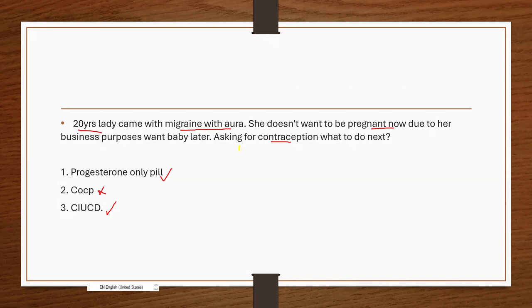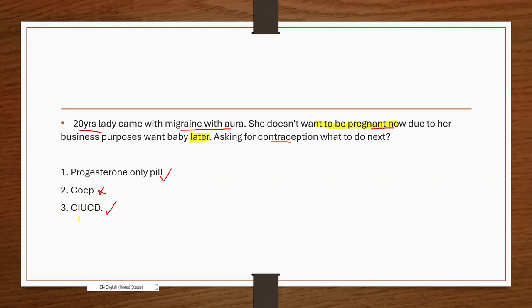So this question is lacking information. So you need the duration for which she doesn't want to be pregnant. This "later" will not imply how long, how much later. So the duration is necessary. But if they have asked what is the best contraception for her, then again you have to select copper IUCD